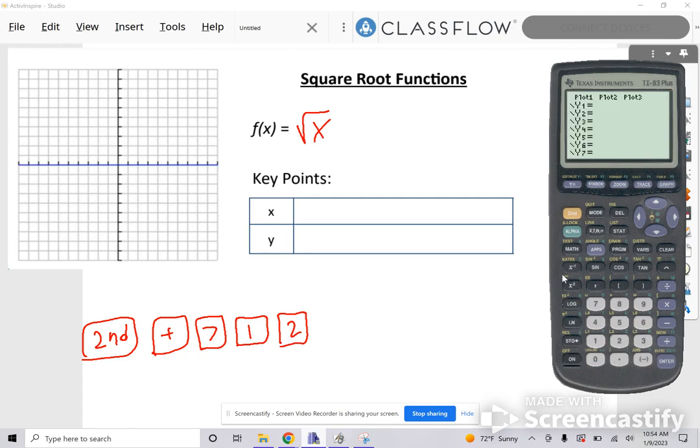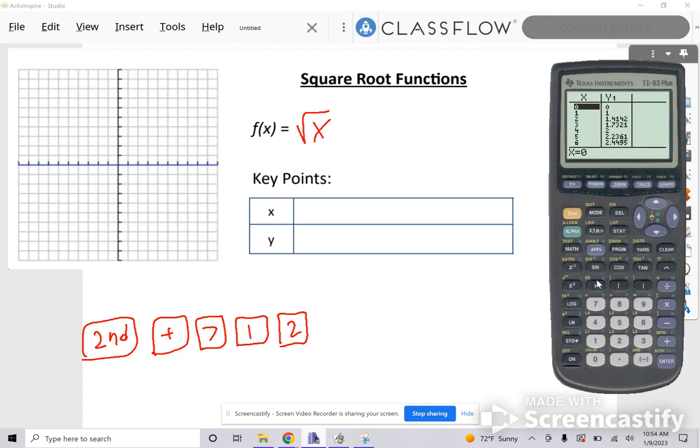Okay, so if we look, we don't have a square root button on our calculator, but we have this little square root right here. On your calculator, it will be blue on the 84s. So to get that, we're going to hit second squared, and then x is right here next to the alpha. Okay, and there we go. We can graph that now, and it looks like this. Okay, it kind of looks like it goes through 0, 0, maybe goes through 0, 1, and after that, I'm not really sure. So to be sure, what we can do is we can hit second table, or second graph